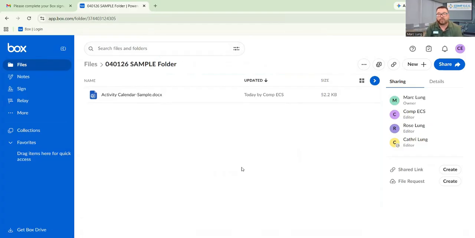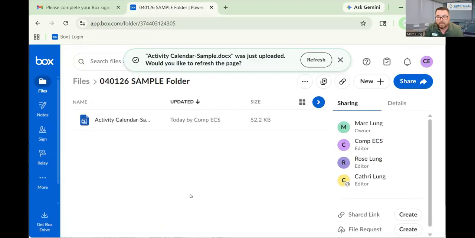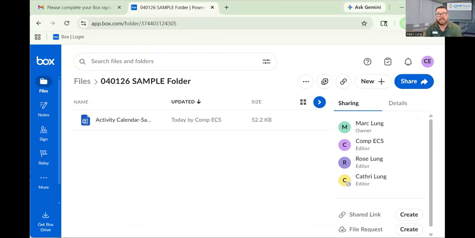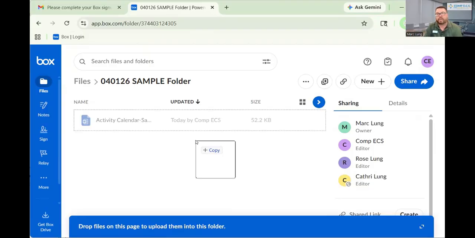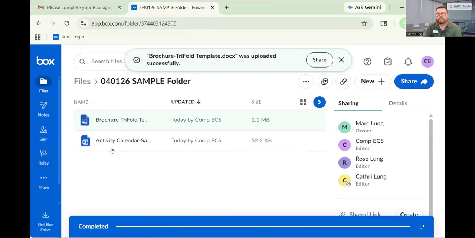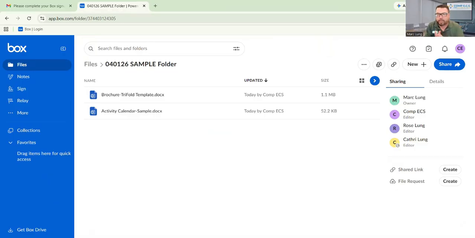Now, another way of doing it, and I'm not sure if it'll let me share two screens, but I can reduce this box and click and drag. Let's say I have another document. I can click and drag it into the folder and then just let go of it and it uploads the document. Once you've uploaded all the documents that you want to upload,